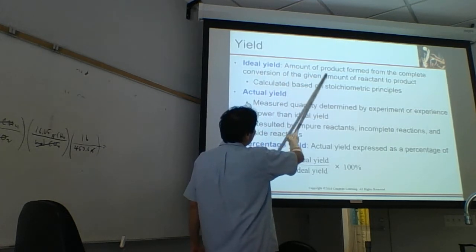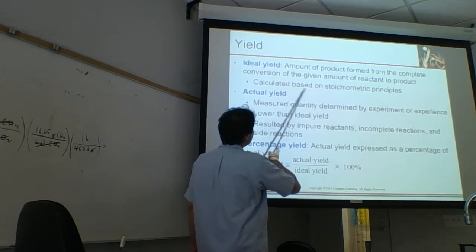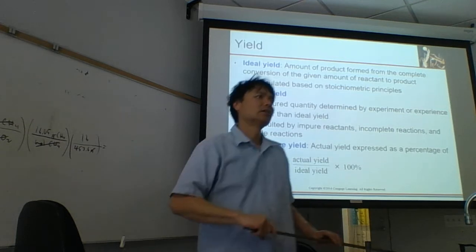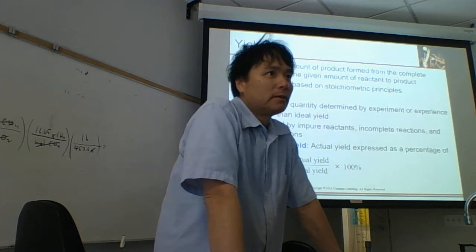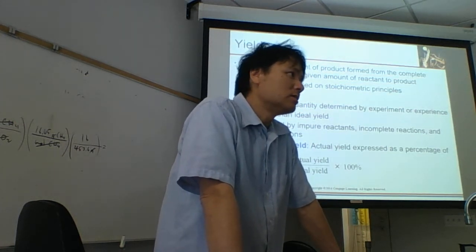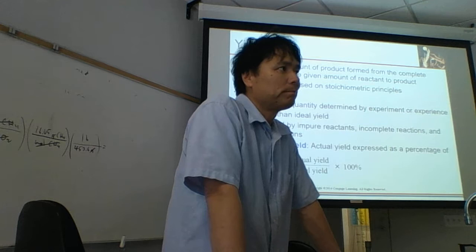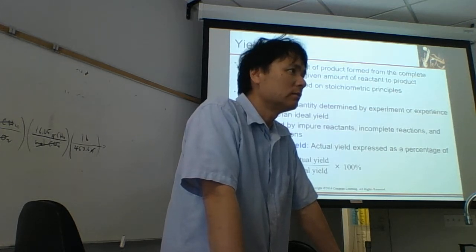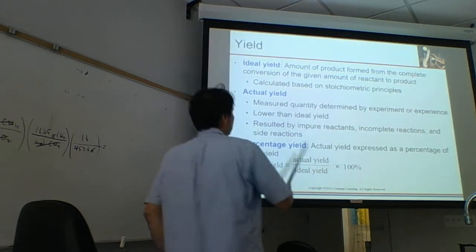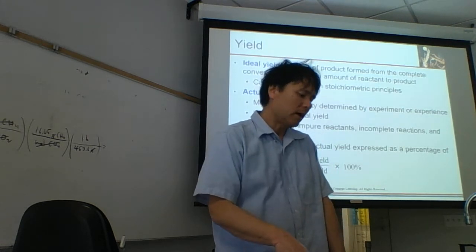The ideal yield is the amount of product formed from the complete conversion of the given amount reacted to product, calculated based on stoichiometric principles. What is that? You know what that is? That's the theoretical yield. And so I define it differently. I don't even use ideal yield. Ideal yield is too ambiguous, the wording. In fact, nobody uses the ideal yield except Krakowicz. Everybody uses theoretical yield. And so this ideal yield is supposed to be the theoretical yield, and the theoretical yield is very simply defined. It's the amount